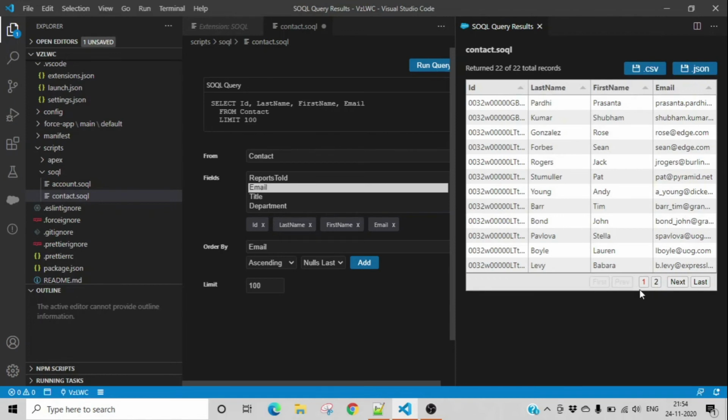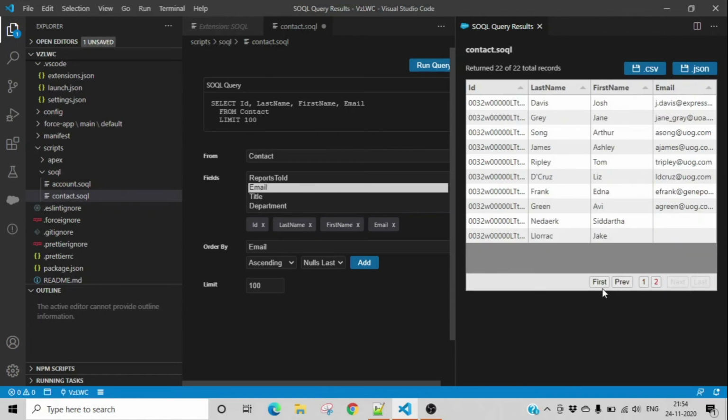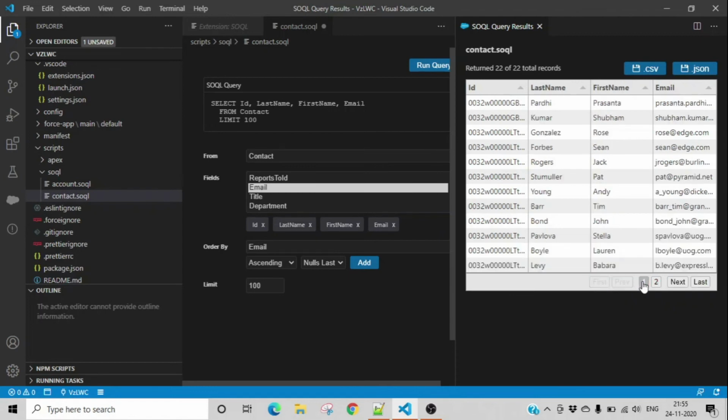If you select 2, you are able to see previous, first, like that. So pagination is enabled when you have a larger number of records. The other thing I want to say is you can also download this result either as a CSV file or a JSON file by clicking here.